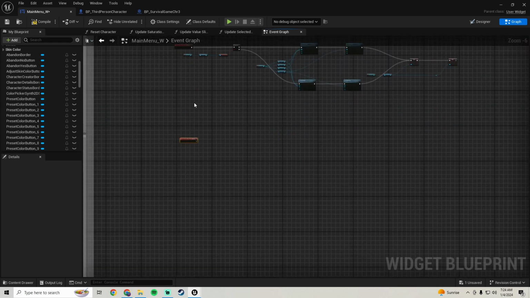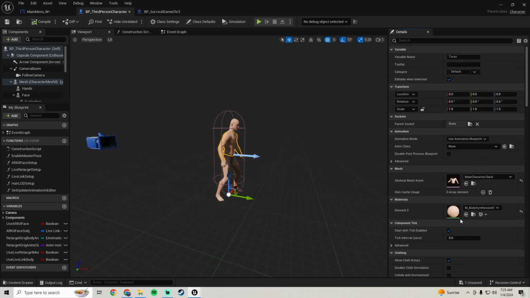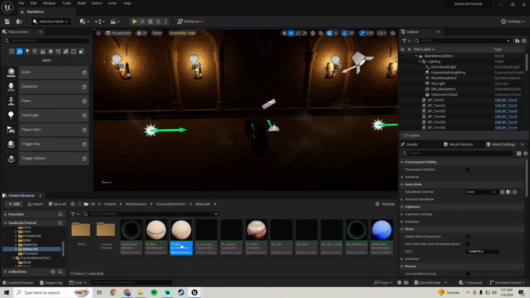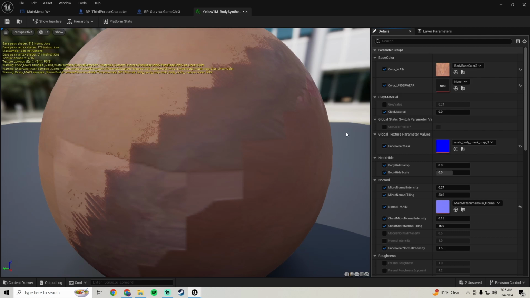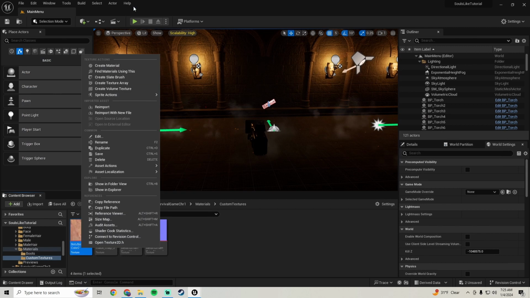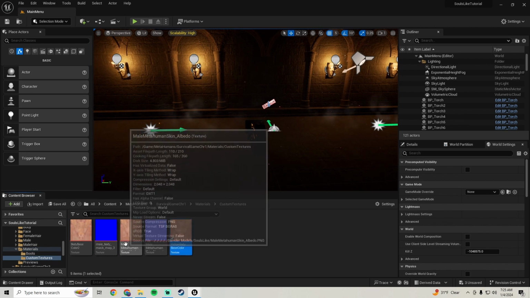And we're gonna go into our third person, click on the body. We're gonna search on the body material, and we're gonna duplicate this material. And then I'm gonna rename it. So our first one is gonna be kind of like a yellowish color. So I'm gonna name this yellow 1. And then I'm gonna open that material, and on the color main here, you want to search on that texture, and we're gonna duplicate that texture, and I'm gonna rename this to yellow 1 body texture, and then